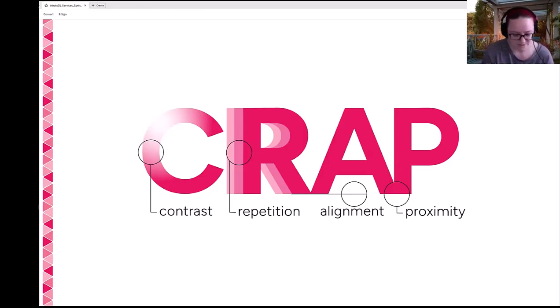And then proximity, which is about using negative space, the white space or blank space, to make sure that you're not overwhelming your audience with just a ton of text on your poster. We know that posters need text on them. We understand that. And I will always say that posters need less text than what we always put on there. And so finding ways to shorten it a little bit and make it easier to read.